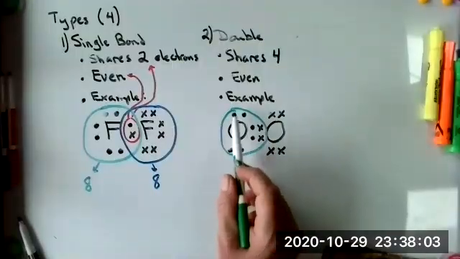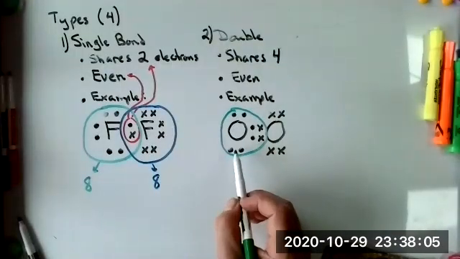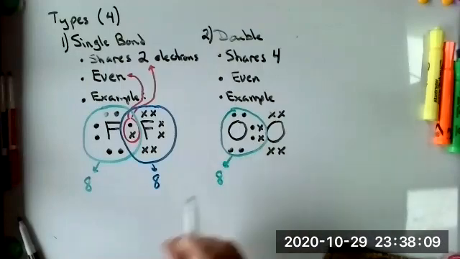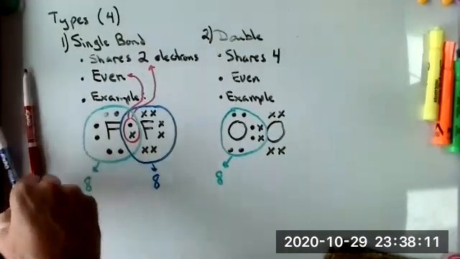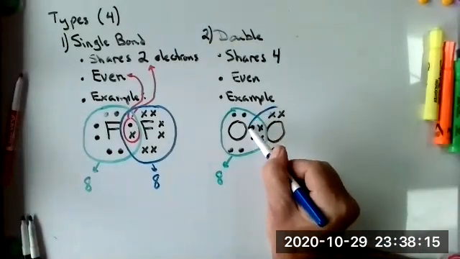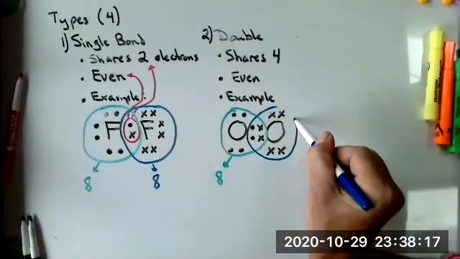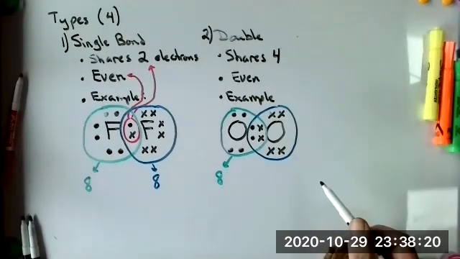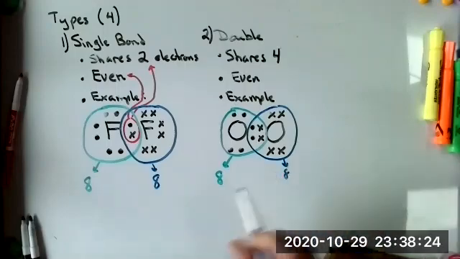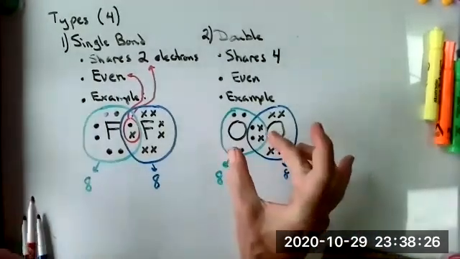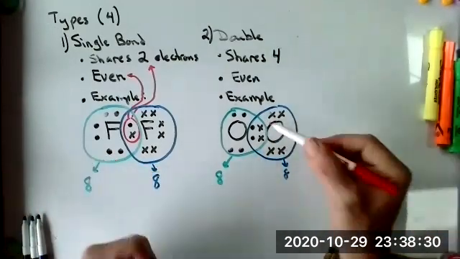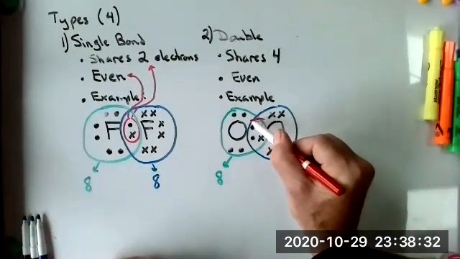Count these around the green section: 2, 4, 6, 8. This guy has his 8 valence. The other atom, if you count those X's and dots, there's 8. The spot between where the green and the blue overlap, that is the bonding point between the two